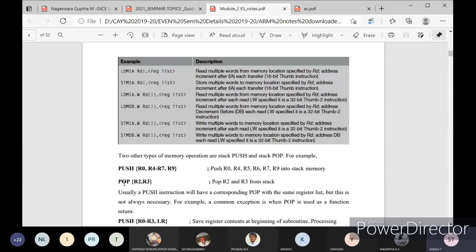Next, in the same way, LDMIA, that is read multiple words from the memory location specified by the RD address, increment after each transfer, that is a 16-bit Thumb instruction. LDMIA, the register list will be given, meaning from how many memory locations we want to transmit the information towards the registers. Okay, and after taking each and every data value from your register list, you have to